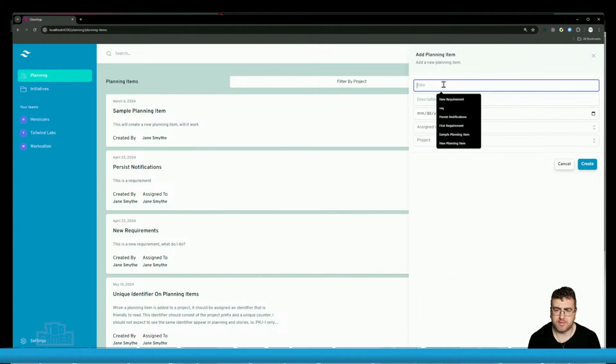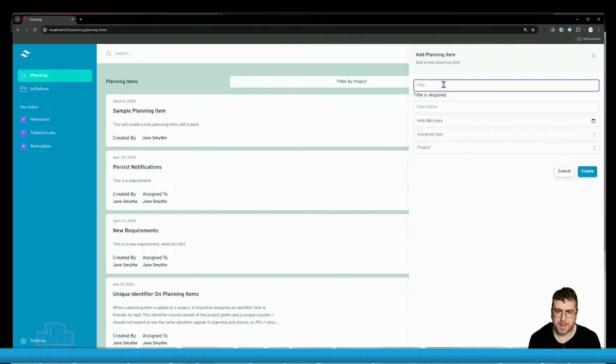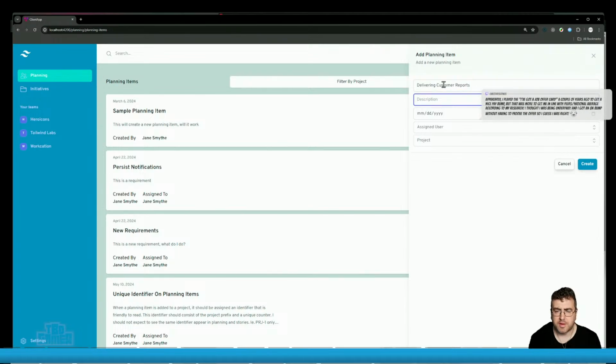Let's say this is actually deliver customer deliver email notifications, customer delivering customer reports when a customer